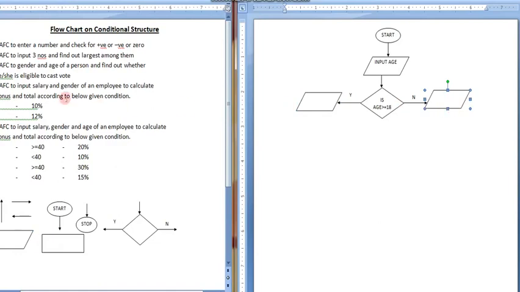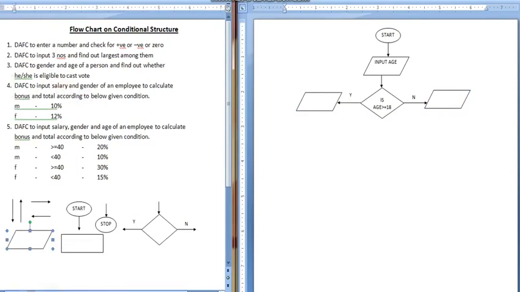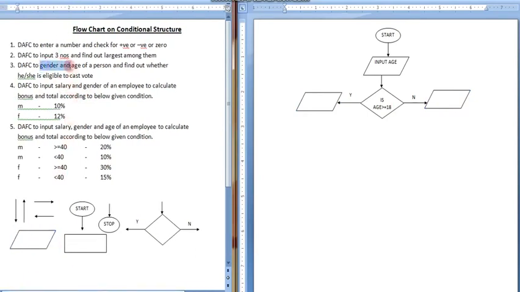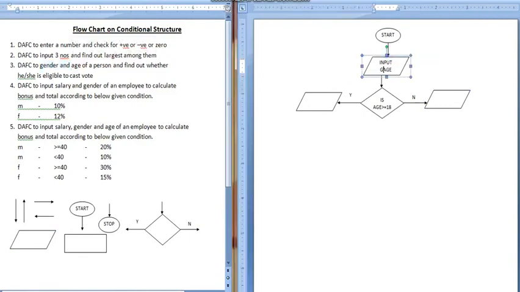Now what about gender? Because in our question it is given to input gender also. By entering gender, we will be able to know whether the person whose data we are inputting is male or female. I just extended the question with that. So I am specifying here input gen, age. Gen for gender, I took the variable gen for gender.